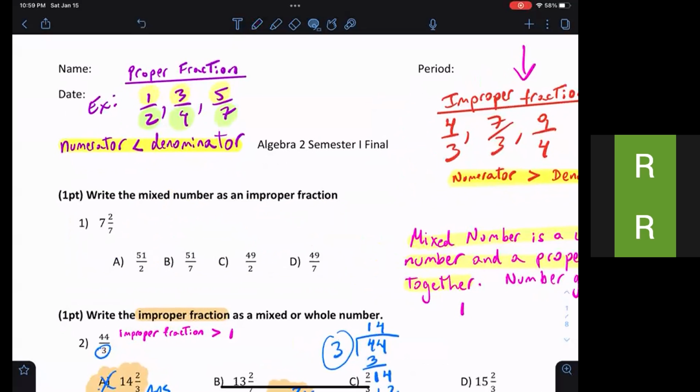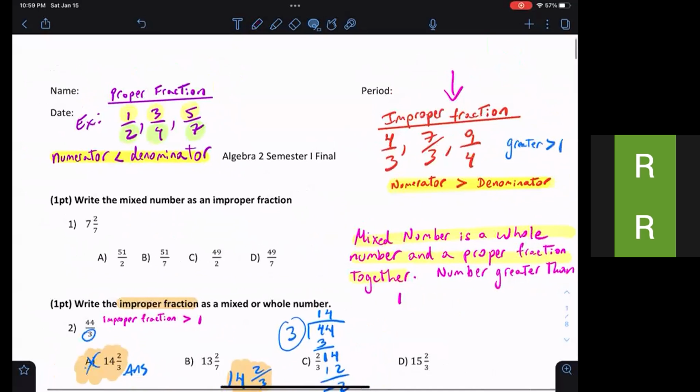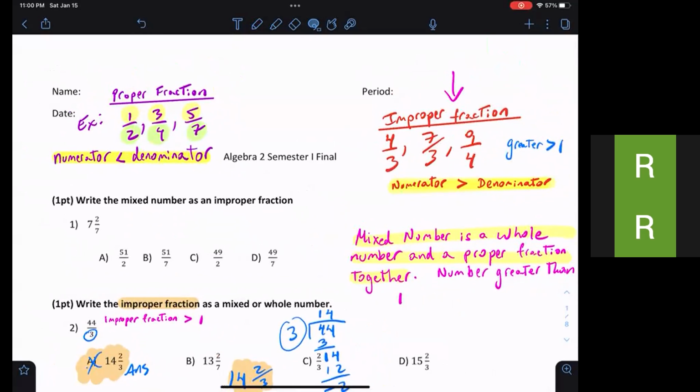So here, the first question is asking you to write a mixed number as an improper fraction, right? So first, we need to understand what is a mixed number, right? And here they give us a definition. A mixed number is a whole number and a proper fraction together. But before we go into mixed numbers, let's identify the difference between a proper fraction and an improper fraction. I apologize for that. The proper fraction